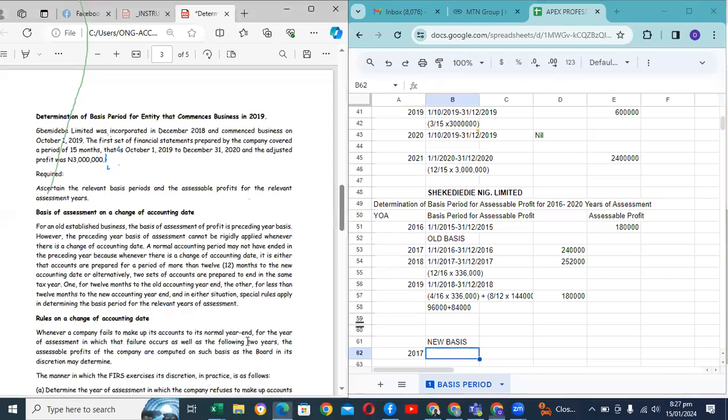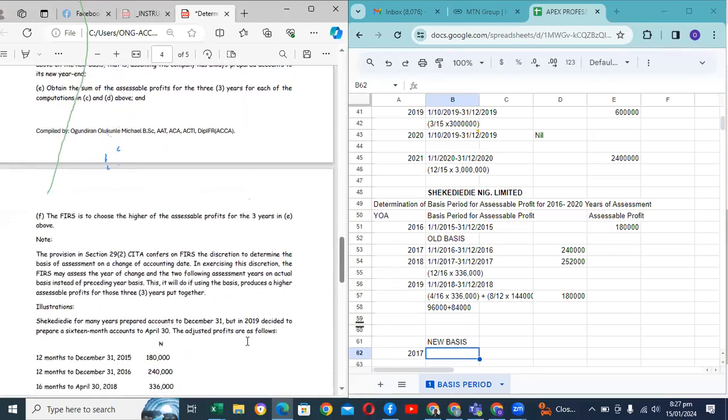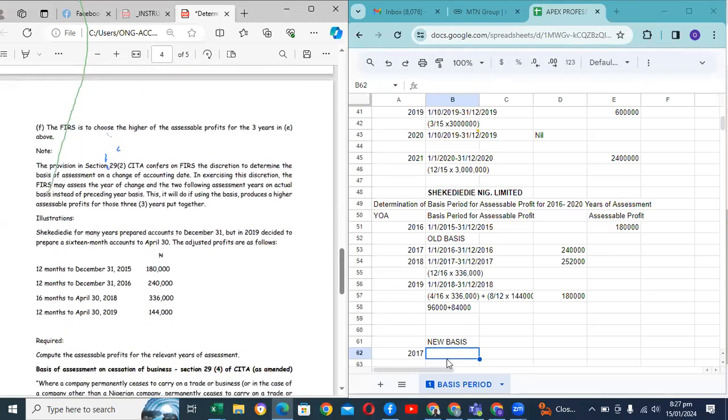So now the idea here is you don't want to pretend now. You want to do as if something happened, right? Okay. So you follow the new accounting year end. What's the new accounting year end, everyone? 30th of April. So let me start from behind here. 30th of April